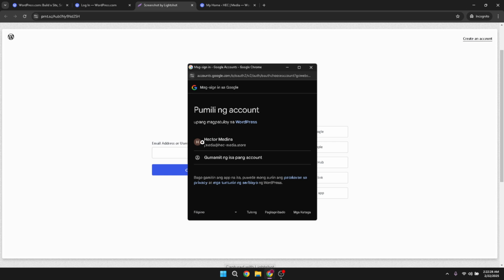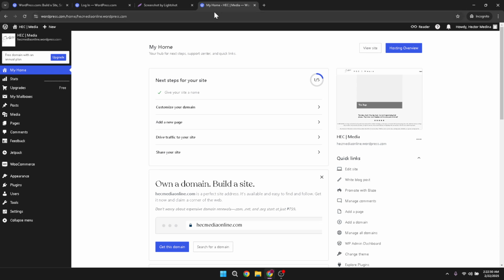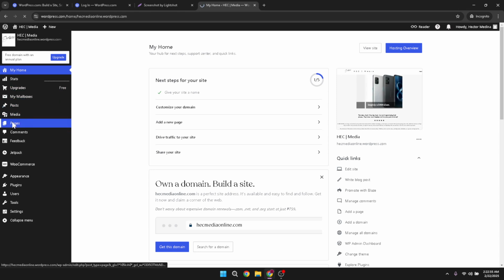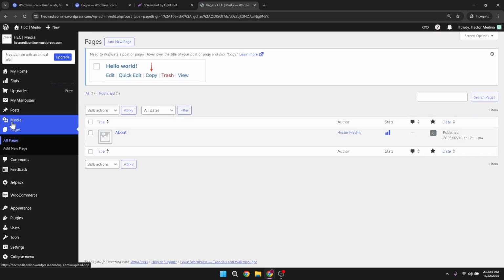Once logged in, you'll find yourself on the WordPress dashboard. From here, our focus is to locate the page whose link you want to copy. To do this, look for the Pages tab. It should be prominently displayed, and clicking on it will take you to the section where all your site's pages are listed. As the page loads, you'll see all the pages that you have published, drafted, or scheduled.